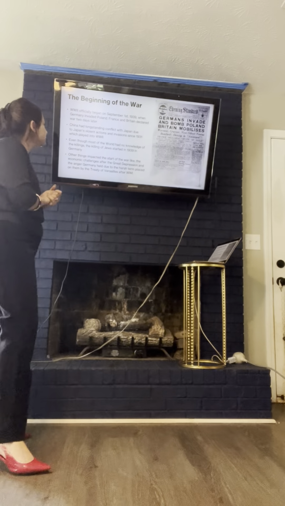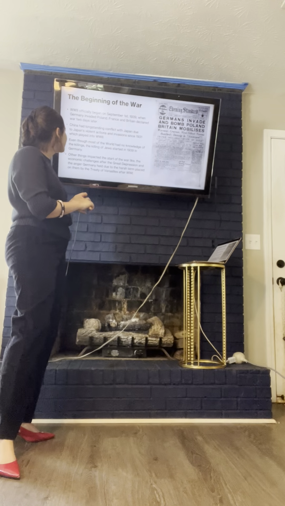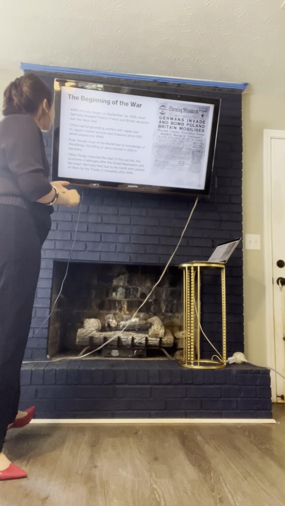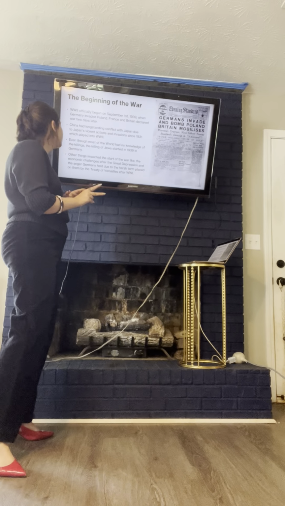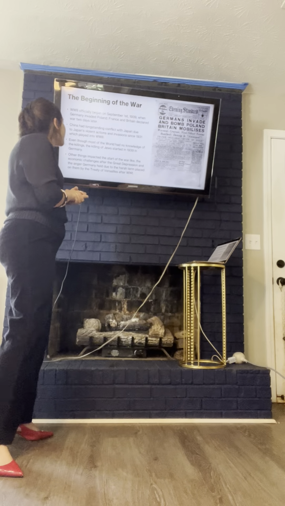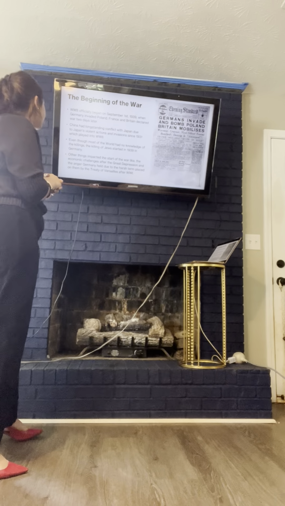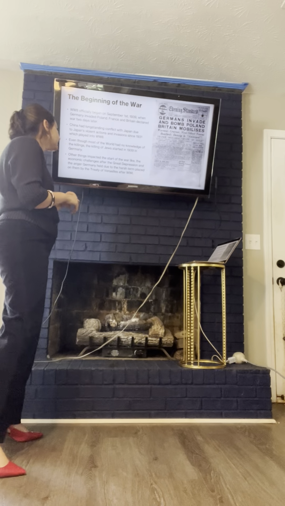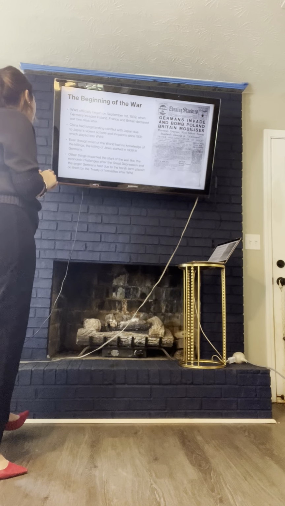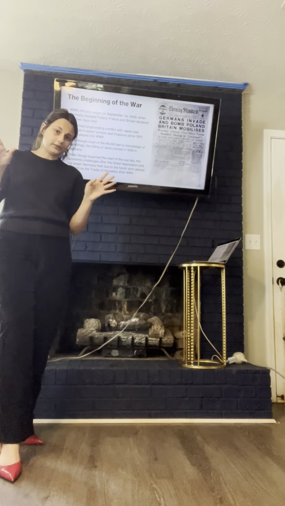So, World War II officially began on September 1st, 1939, when Germany invaded Poland. France and Britain declared war 2 days later, which we talked about in the last two slides. China had long-standing conflict with Japan due to Japan's violent actions and invasions since 1931, which played into World War II. We talked about their toxic relationship.